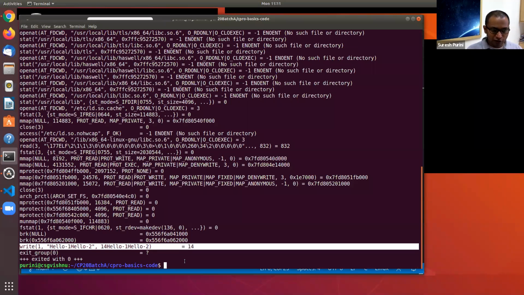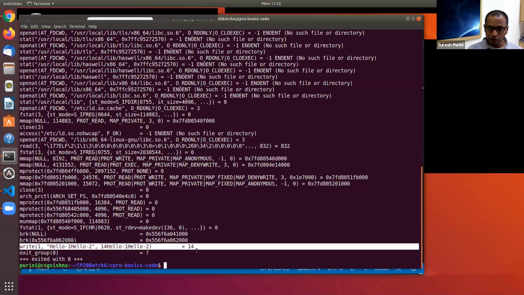Are you with me on this one? This is a very, very important observation, that how 2 printf library calls got merged into one write system call, and the write is printing 14 characters on the screen. Frame has a good question. I will answer that question, but I want to see if you're all with me.